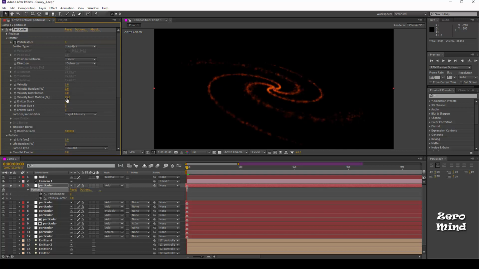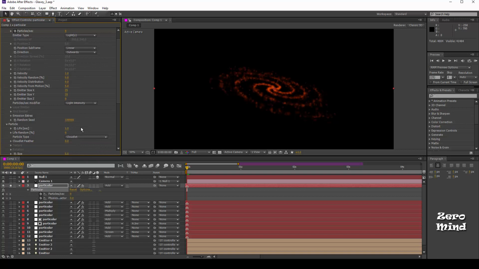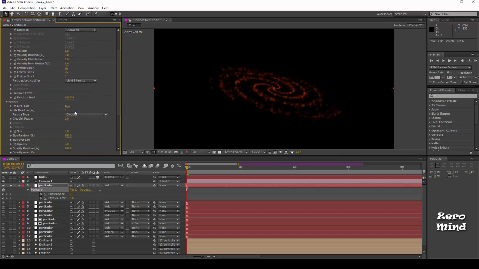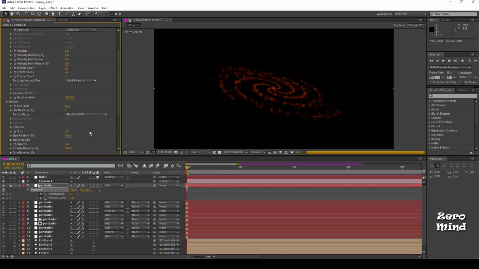Velocity from motion 5.0. Keep the size 25 in the X and Y axis. Life up to 15, and change the particle type to star with no depth of field.